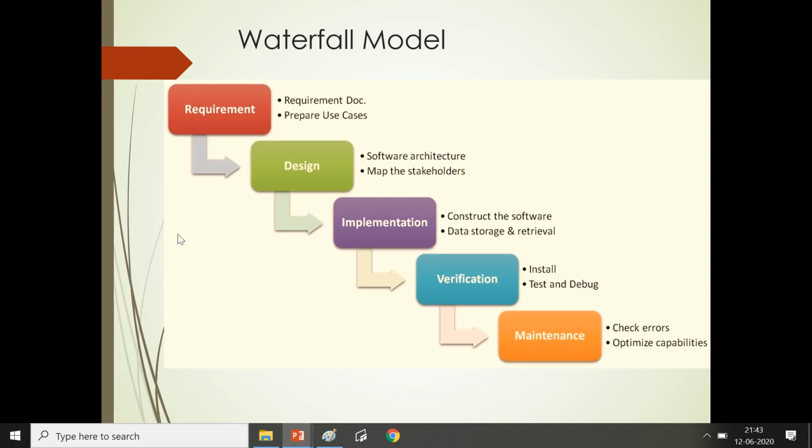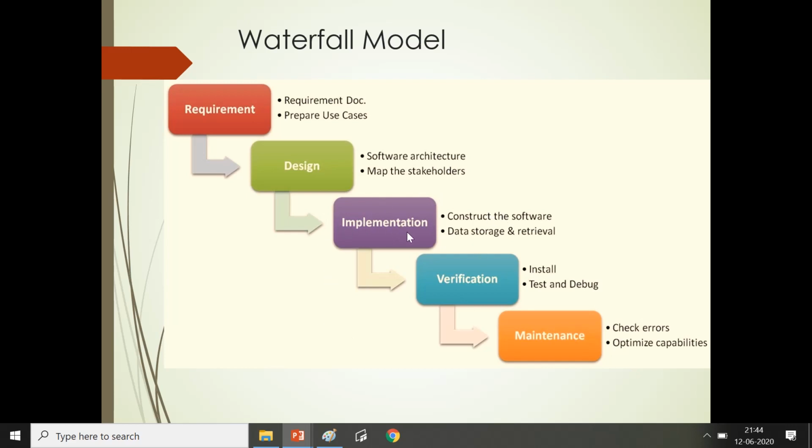So here we can see in the first stage, that is in the requirement, basically we will be having a concept and analysis of the same that will be converted into requirement document. Then we need to prepare use cases. Then the next stage comes once we complete with the requirement stage, that is design. In this, software architecture and map the stakeholders will be involved.